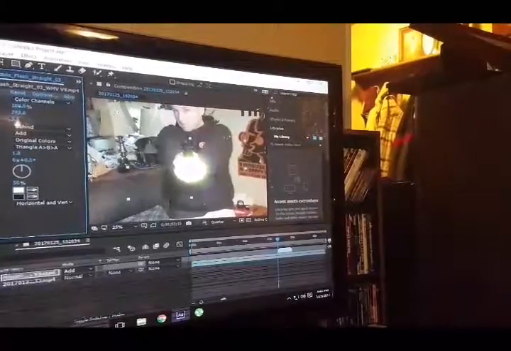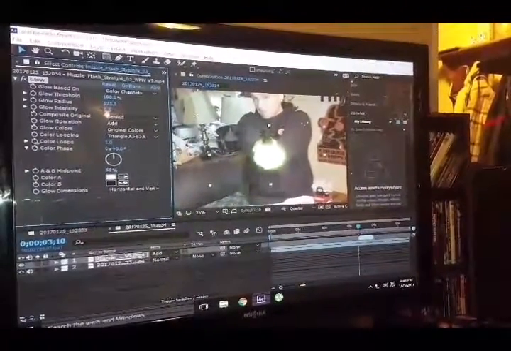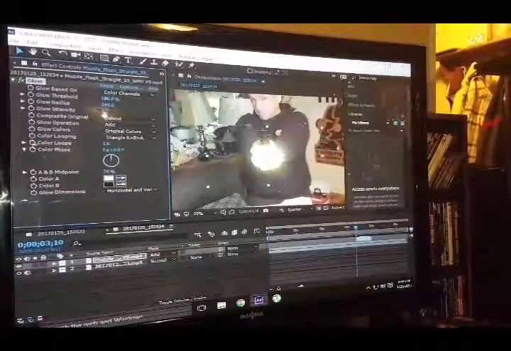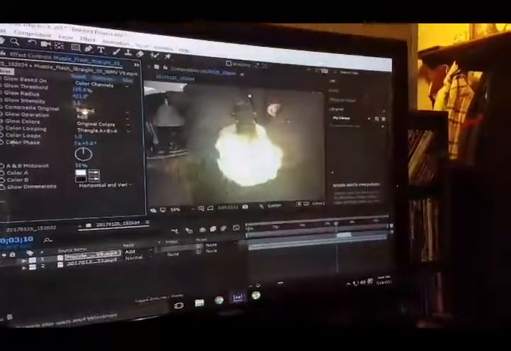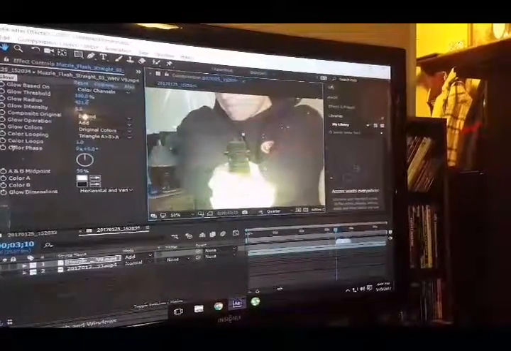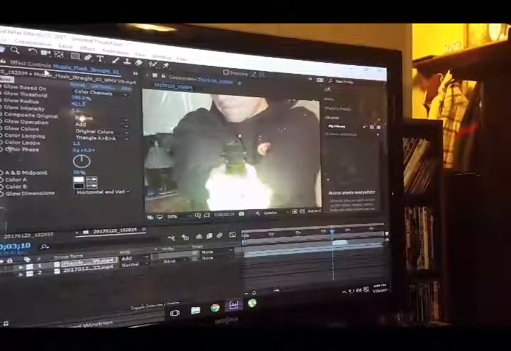Actually, turn the radius up, and it'll brighten it like that. Whatever you find most suiting. So then, zoom in on this. I like to